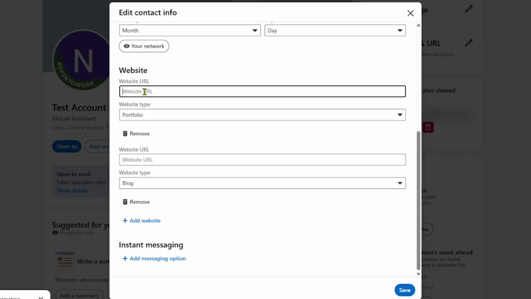Finally, make sure you save your changes by clicking on the Save button before exiting. It's always good to double check and click around your profile page to ensure your Calendly link looks right and is working as expected. And there you have it, you've successfully linked your Calendly to your LinkedIn profile, making it